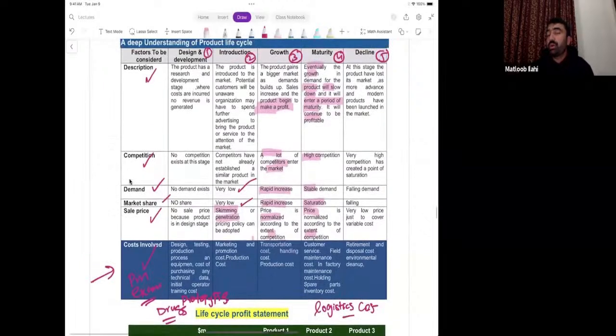Decline stage, where demand has started falling. Product has lost its market as modern products have launched onto the market. Okay, and competition is very high because now a lot of players